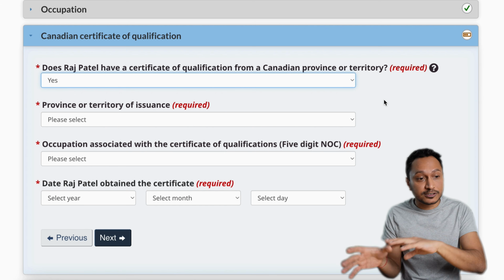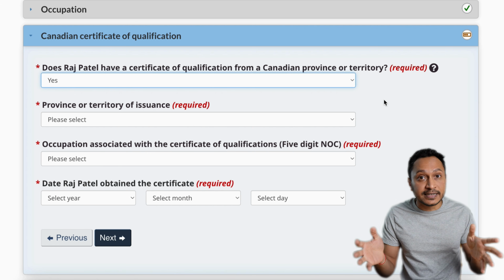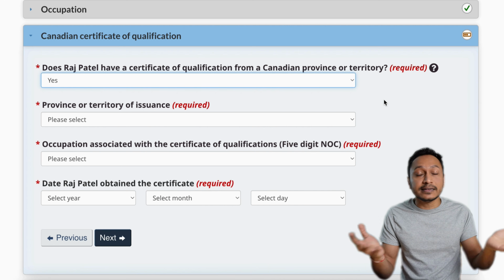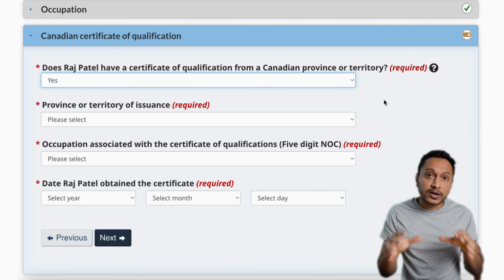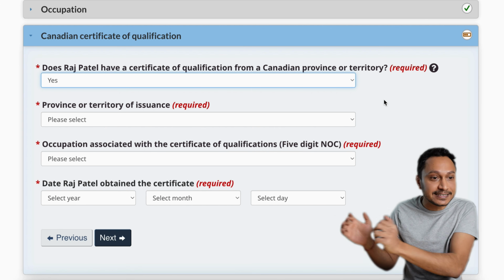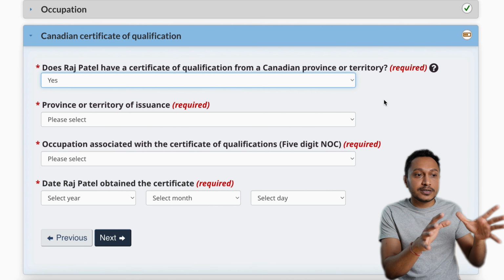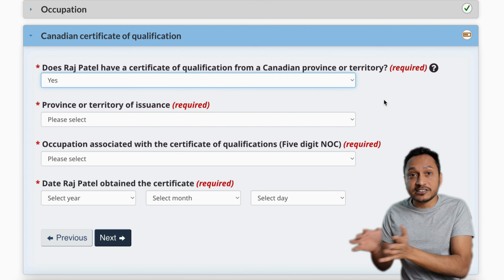Okay, it only converts to points if it's in trades, and that too if it's in the specific range, which is 72, 73, 82, 83, 92, 93, and I think the other jobs were cook, butchers, and so on. Not for, let's say, nurses, pharmacists, physiotherapists, dentists. They do require it. So for this particular section, yes, because if you have a certificate of qualification, Canadian certificate